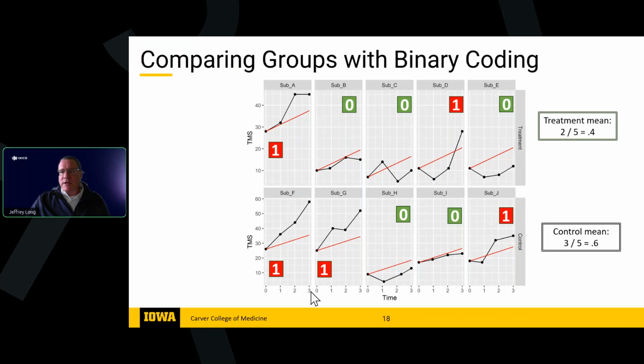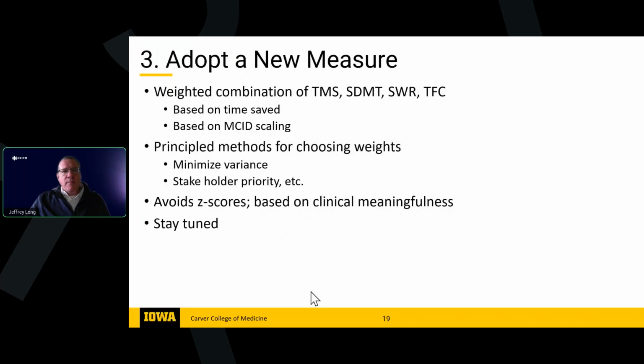And so you can see that we can do things like compute the mean of these binary scores across the different groups. And here we can say things such as 60% of the people in the control group had substantial progression over time, whereas only 40% of the individuals in the treatment group had substantial change over time. So this can be done for all the components and can give us insights into the behavior at the individual level of the different components of the cUHDRS. And it can also, of course, be done for the cUHDRS directly. Next. We won't have time to talk about new measures, so I'll just go to the next slide